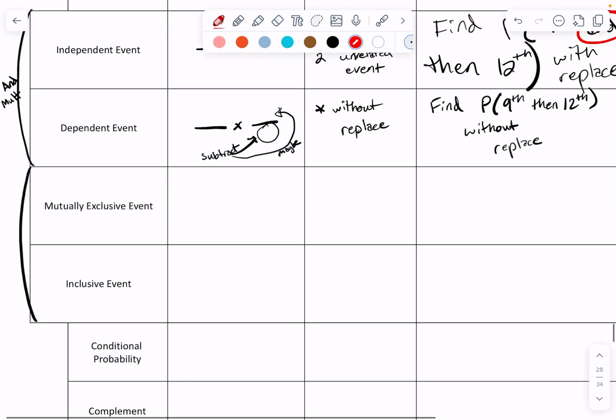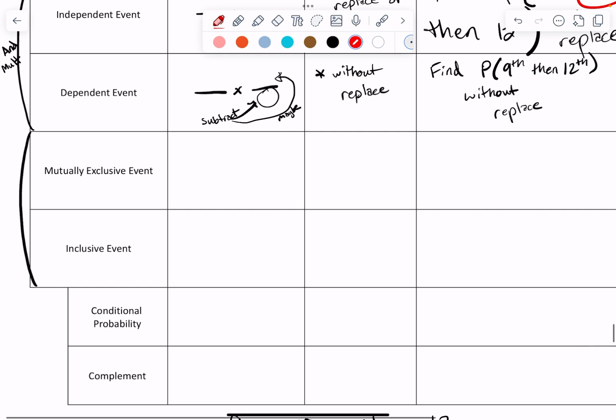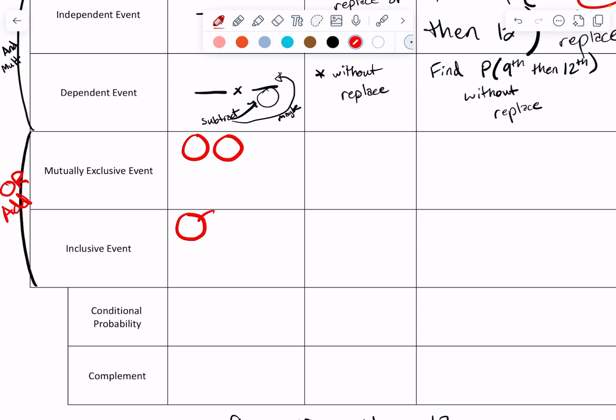All right, and now we go to the adding. This is going to be the OR stuff, and this is where you add, right? You're adding probabilities instead of multiplying probabilities. Mutually exclusive events means that you have two events that are completely unrelated, so they're separate. Inclusive means I have overlap, like a king and a heart. I'm not going to write that down. King and heart, okay? So mutually exclusive means you're adding the probabilities together and that's it. Inclusive, you're adding the probabilities together, but then you're subtracting out